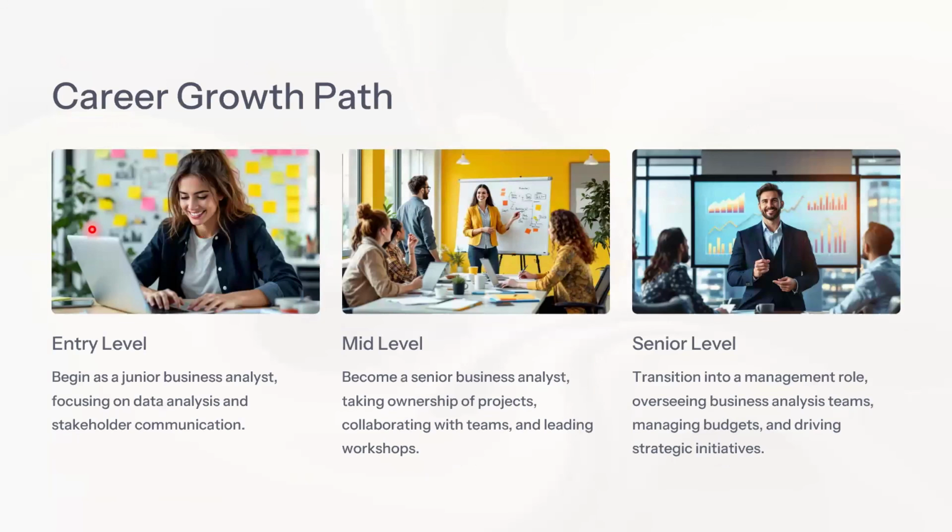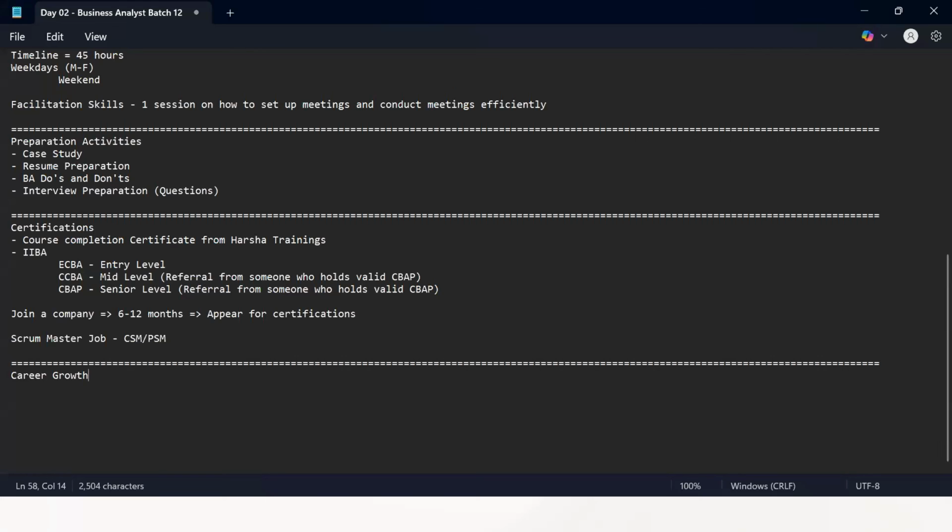Now, the last thing that we want to cover is the career growth. Generally, why do students want to switch path? They might currently be working in a field. They either switch path because of interest, that maybe they are doing coding and they are no longer interested in coding, or they feel that coding is more hectic. So out of interest they want to switch their path from a current role in the IT industry to a BA role, or